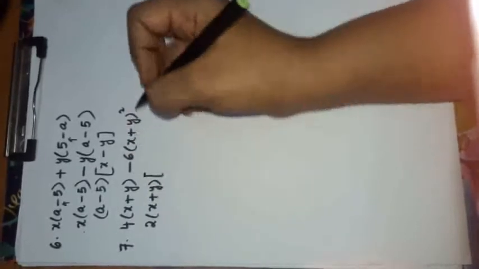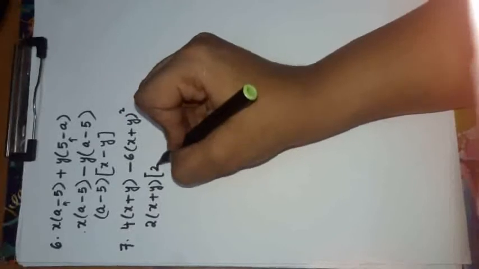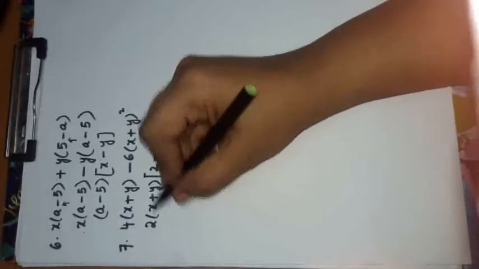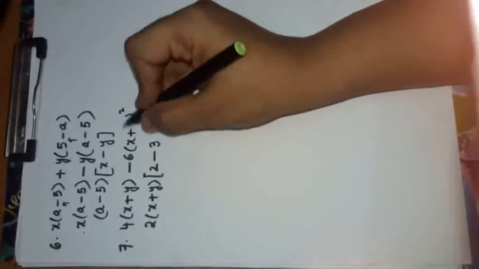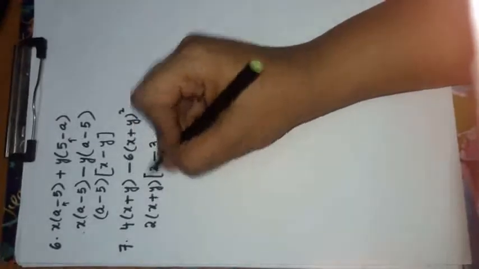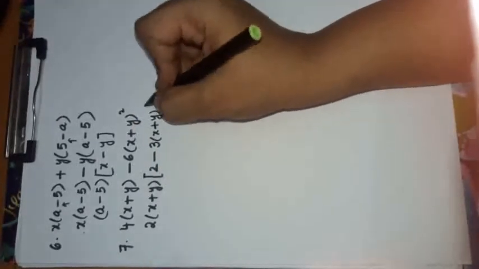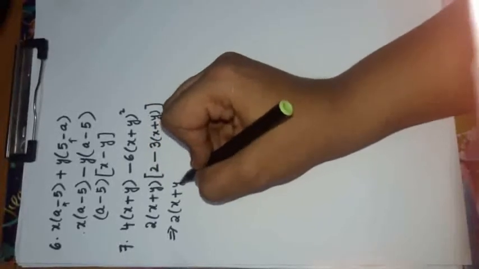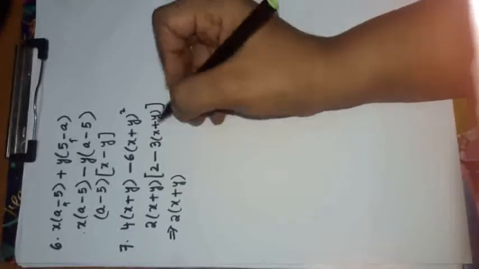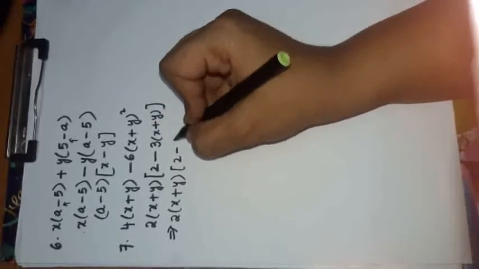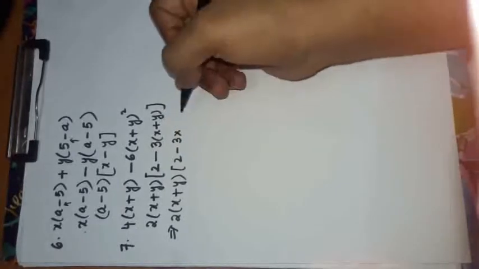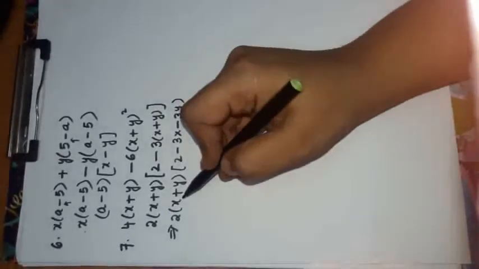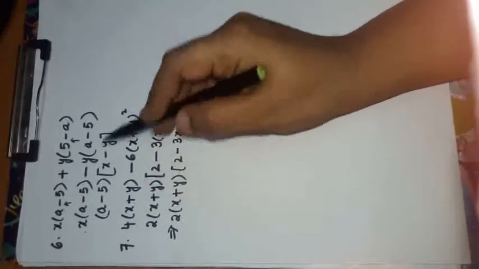Now after that, in the brackets, 2 into what will be 4? 2 2s are 4. Now x plus y already we have taken. No need to write anything over here. Then minus 2 into what will be 6? 2 3s are 6. Then x plus y whole square. So 1 x plus y already taken, 1 x plus y is remaining over here. After that one step you just have to do, that is 2 of x plus y. Here we will just multiply this. So here 2 minus 3x, minus into plus, minus 3 into y, 3y. So we can say that these two are the factors of this given expression.